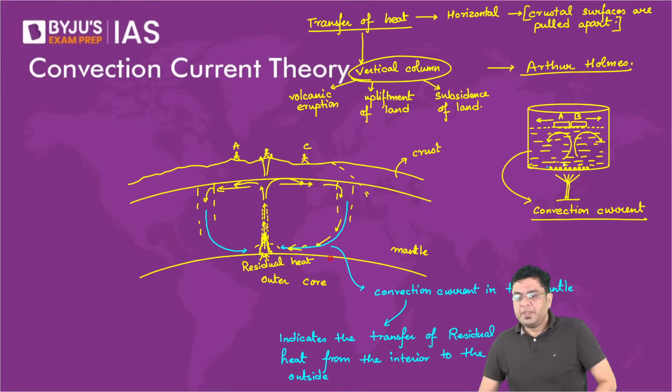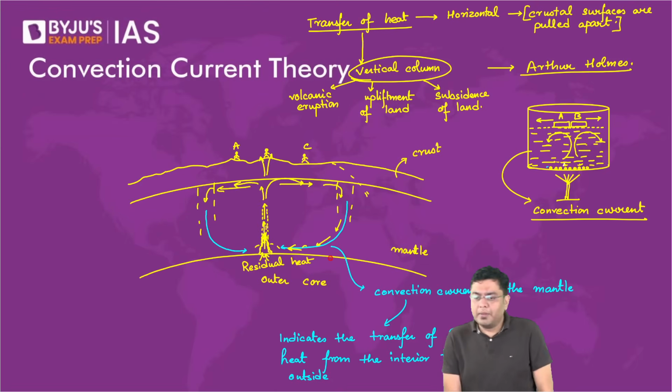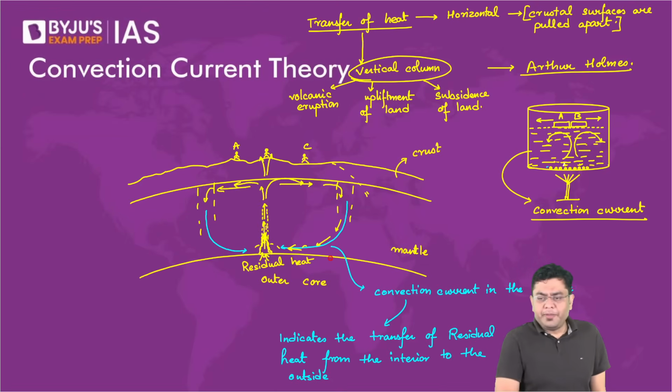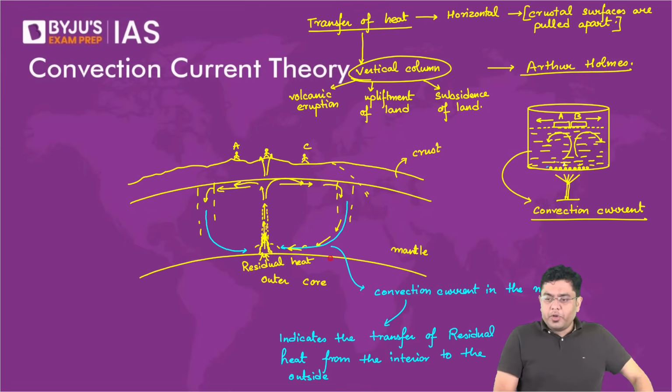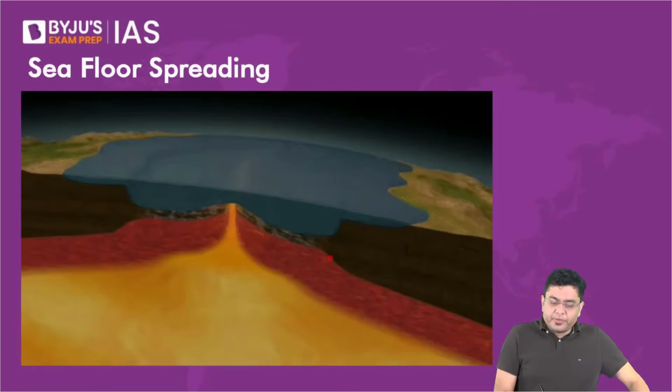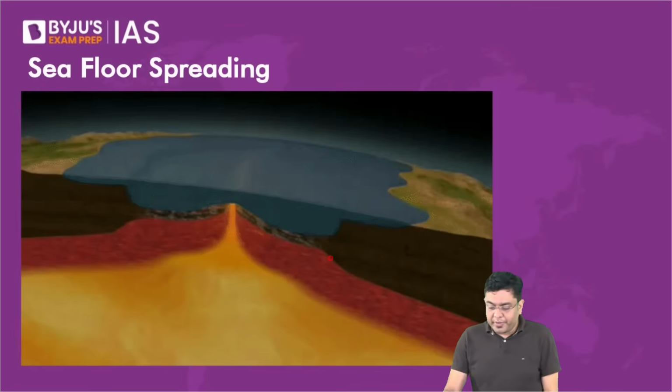Now, mostly mantle is in semi-solid state. No, mostly mantle is in solid state. It is only in the asthenosphere where mantle is in a semi-solid state. So, as the residual heat is provided, the portion of the mantle melts, and that melts the region above it, and that is how the entire heat transfer takes place. Can we relate this theory to the subsidence of Joshimath? Absolutely not. Joshimath subsidence is because of something completely different.